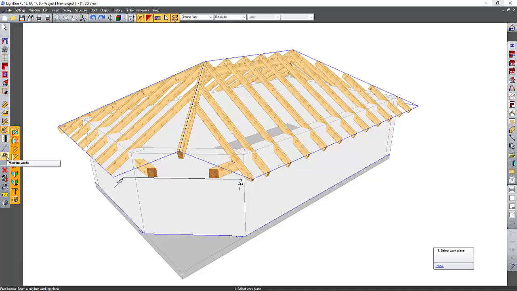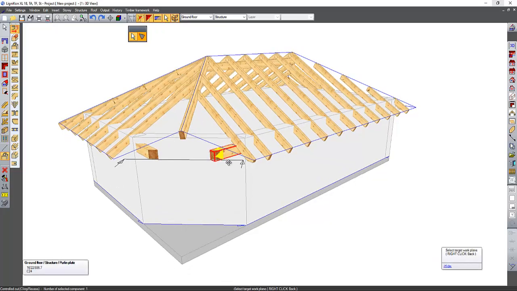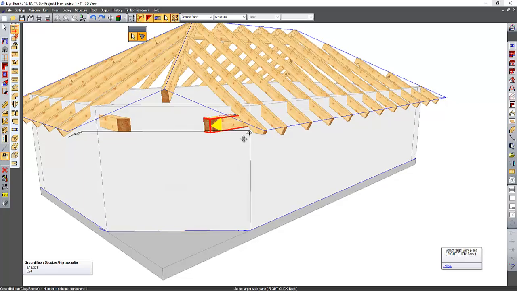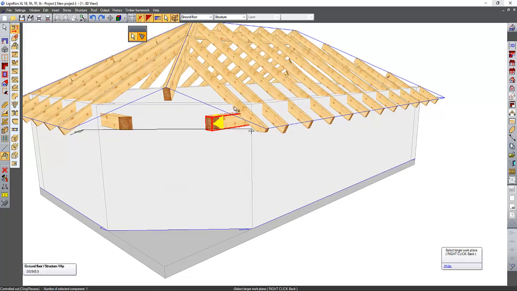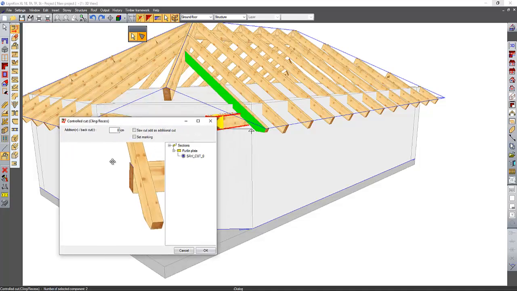I show you just one thing, the machine joinery that we have. Here we have many joints that we have still seen. We start with the controller cut. This is the most simple. Also in LigniKon Small we have it, only this. I click here, and from this distance we are cutting in this face, so it's exactly cut